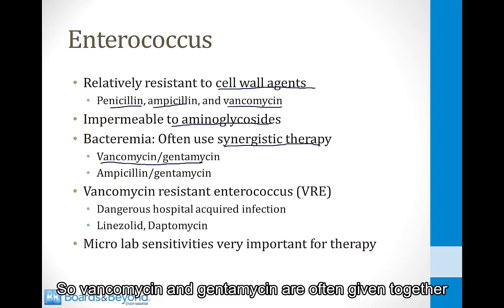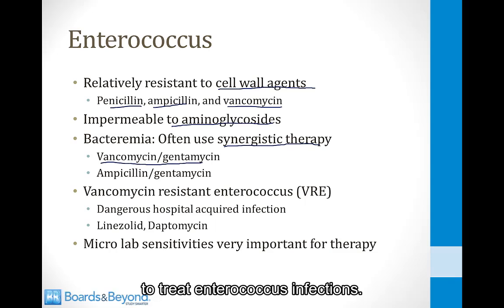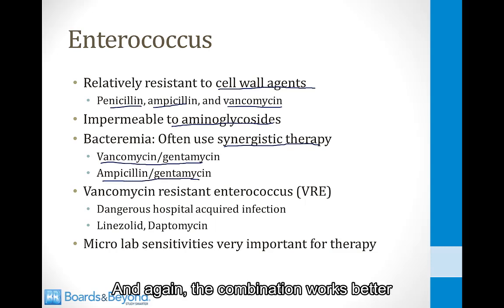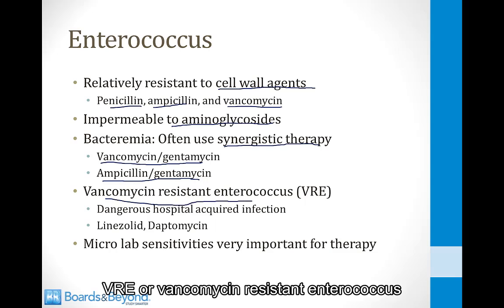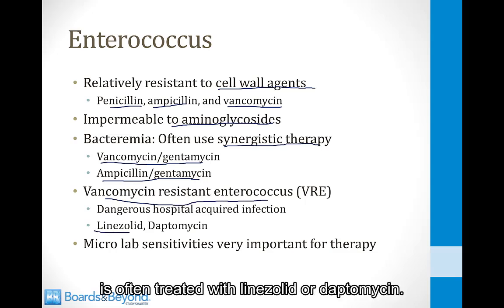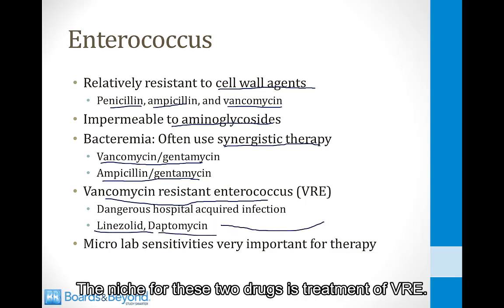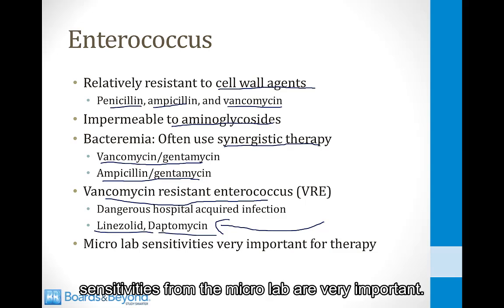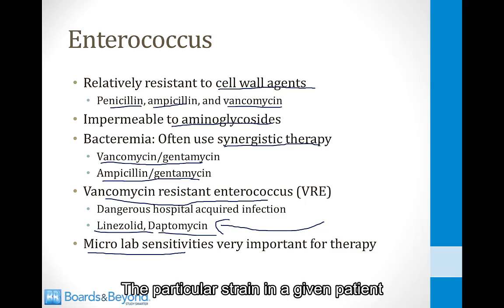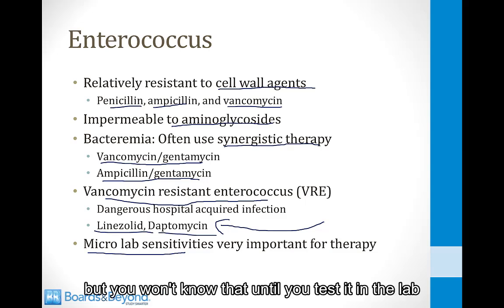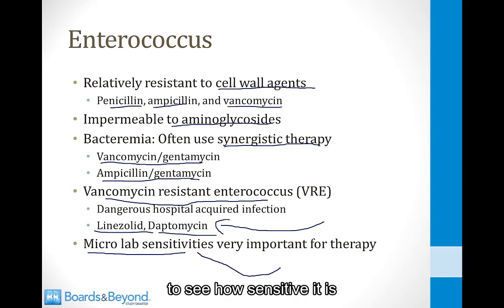So vancomycin and gentamicin are often given together to treat Enterococcus infections. So is the combination of AMP and GENT. And again, the combination works better than either drug alone. VRE, or vancomycin-resistant Enterococcus, is often treated with linezolid or daptomycin. The niche for these two drugs is treatment of VRE. And any time you're treating Enterococcus, sensitivities from the microlab are very important. The particular strain in a given patient may be sensitive to vancomycin, and then you can use that drug alone, but you won't know that until you test it in the lab